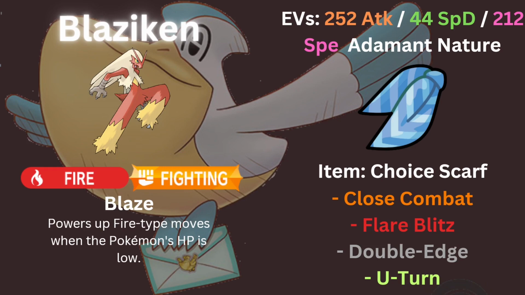When thinking about it, I'm pretty much always clicking CC. Flare Blitz on the rare exception, I need to click it to hit something super effectively. U-turn if I need to pivot. There's potential late game situations where,